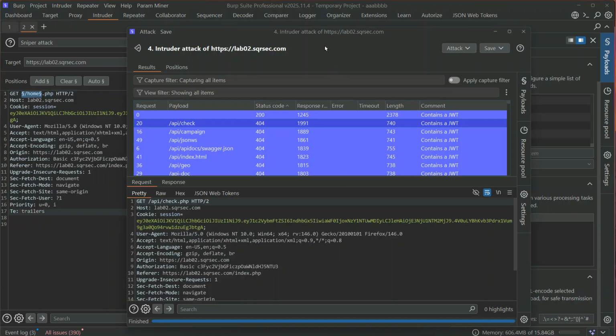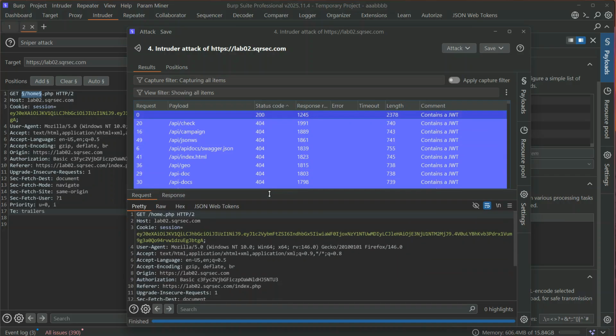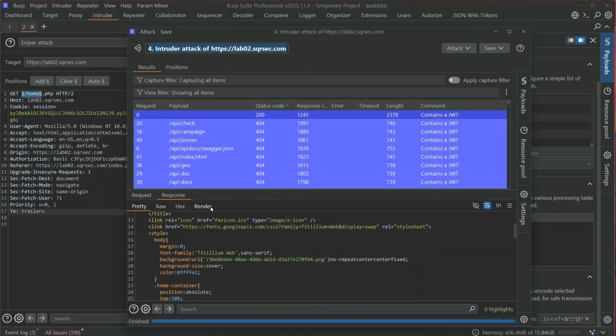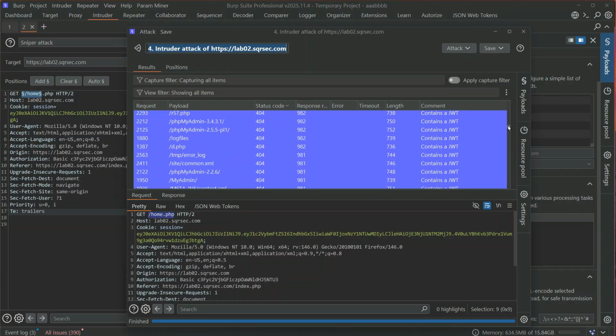So the attack finished. The Intruder list that we have used has finished doing its job. And let's see if we have any different status code. We have the 200 OK, but this is for the baseline for home.php, and we know already that it is available. So nothing new here. And if we sort by different status code, let's see if something else comes up. We have 404, and then if we scroll all the way down,